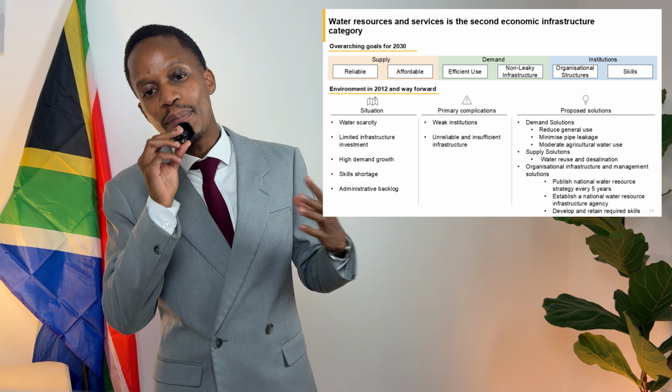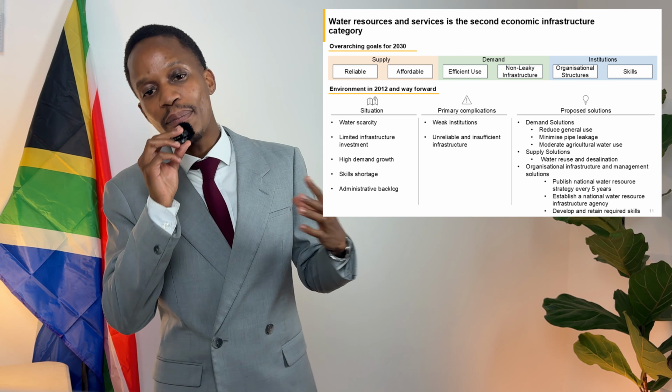When looking at the infrastructure required to transport people and goods into, out of, and across the country, the overarching objectives for 2030 were to, number one, improve geographic accessibility for all. Number two, ensure that there is a reliable logistics network to enable economic growth. Number three, improve the accessibility and use of low carbon transports such as electric or biofuel powered vehicles. And number four, ensure that transport related state institutions such as Transnet and the Department of Transport are capable of